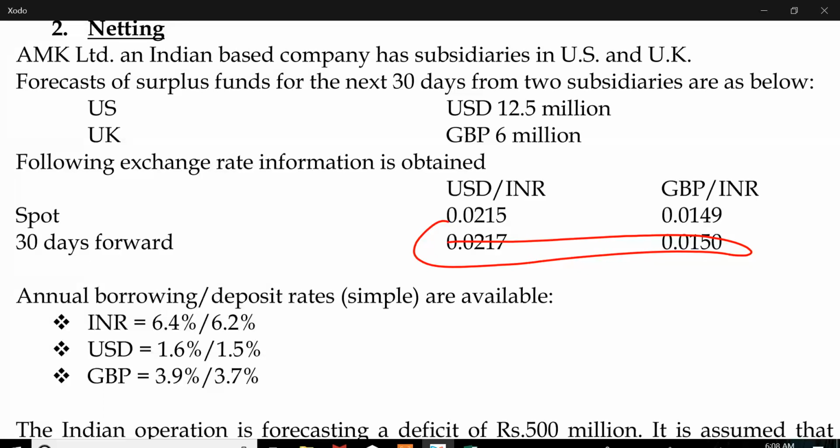Next, question number 2. Point number 1, the focus of the problem is to decide on whether the conversion of GBP/USD into INR